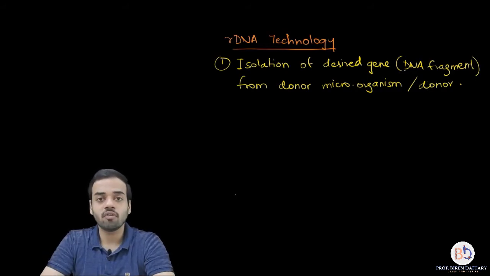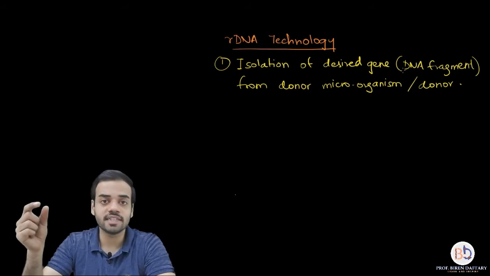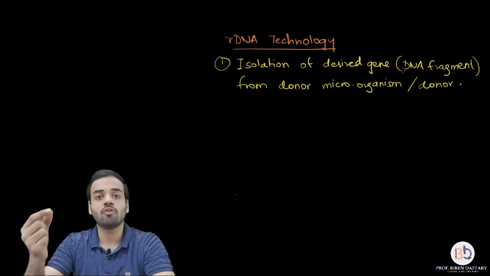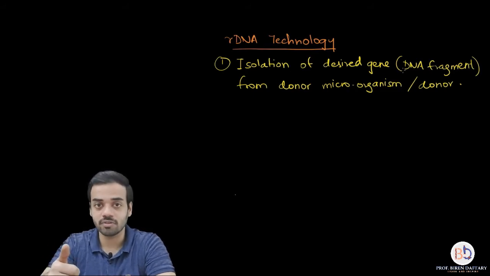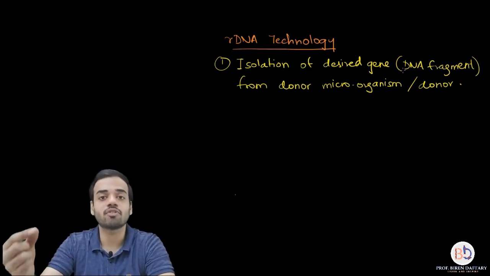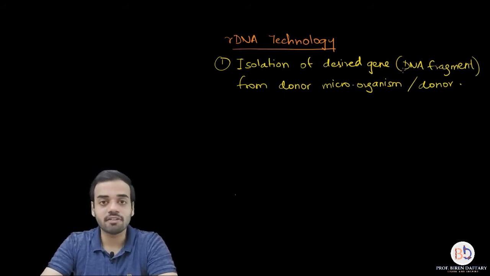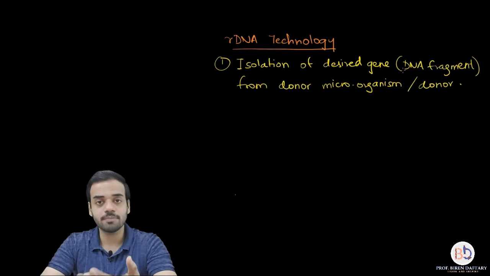So basically we have already seen that in recombinant DNA technology the required gene of our interest is inserted into the vector, and then the vector and the required gene are inserted into the host. That is how recombinant DNA technology is practiced, right? But for us to insert the required gene into the vector, first of all we need the required gene. Now where is that required gene coming from? That required gene is basically coming from the DNA of a certain organism. So the first step in obtaining the required gene is to select the organism.